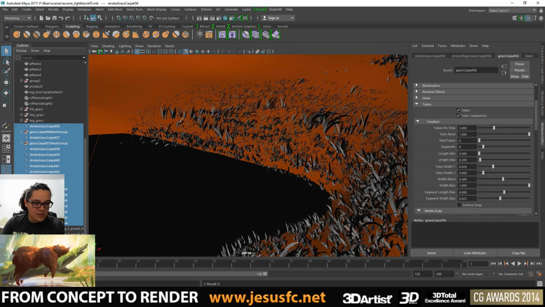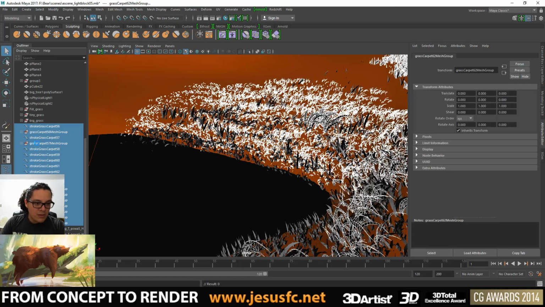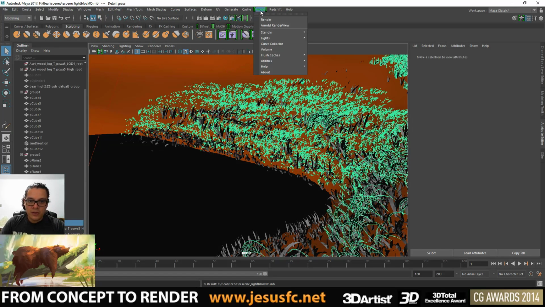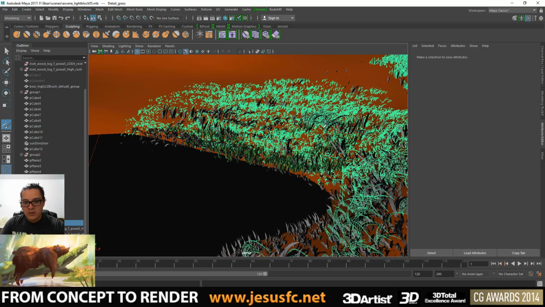I'm going to take these guys and select them and make them fill grass or detail grass, and I'm going to create a filler grass. The fill grass is going to be because of the size that I have to use to fill this part. So this part has some riverbanks, so I need to leave some spaces open. That's going to be done when I remove some information from the picks from the paint effects, but I will have to create